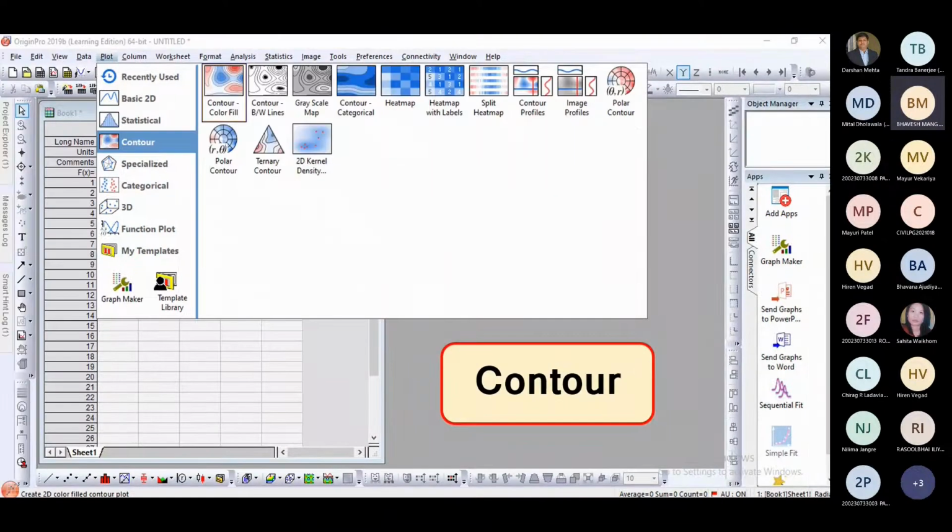In surveying, or in environment or water resources, many times contour type charts are required, in structure, right? So that facility is also there in Origin. Here contour, color fill, black and white contour, grayscale map. Many journals ask for black and white charts only.